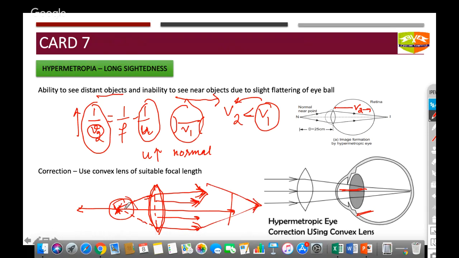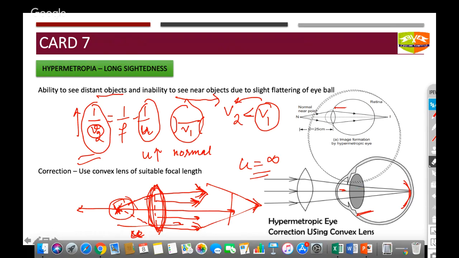So what I am doing is, this U was finite in case of the eye lens. Due to usage of the convex lens, I'm able to make the U infinite or nearly infinite for my eye lens, and due to which the image falls exactly on my retina and the defect gets corrected. And how it gets corrected, I have explained with the help of the lens formula here. I hope you understood that. So now let me move to